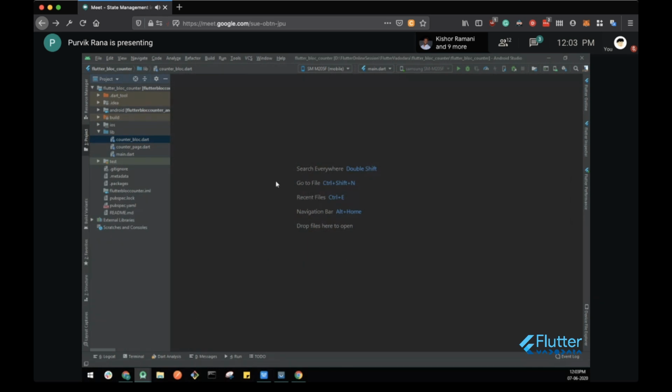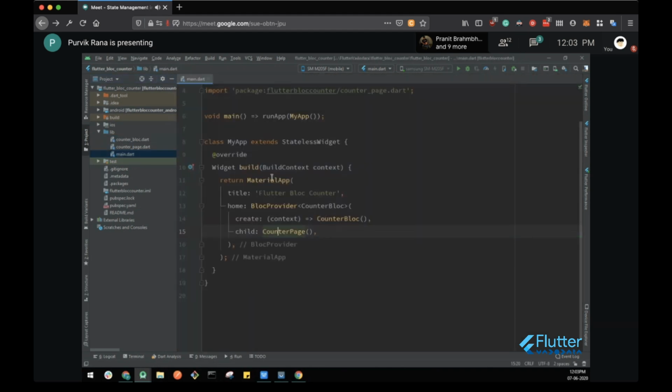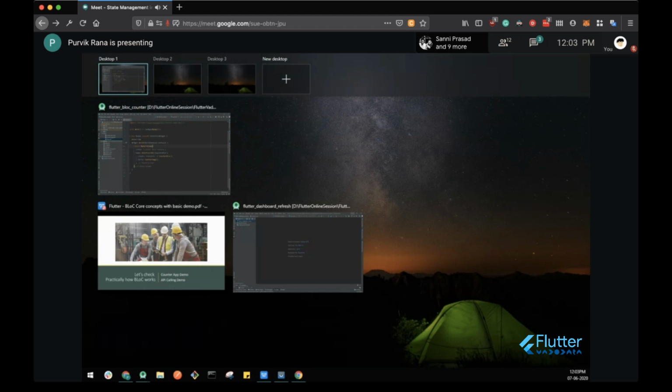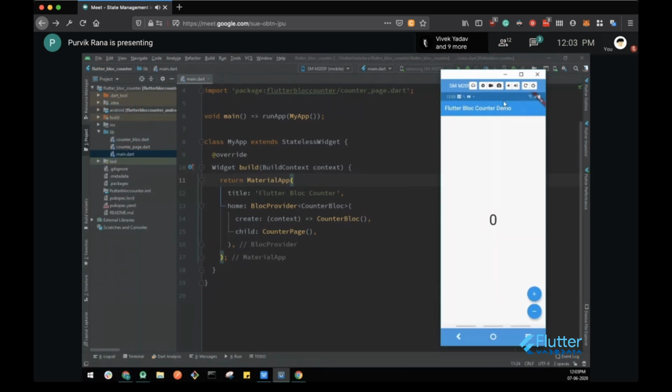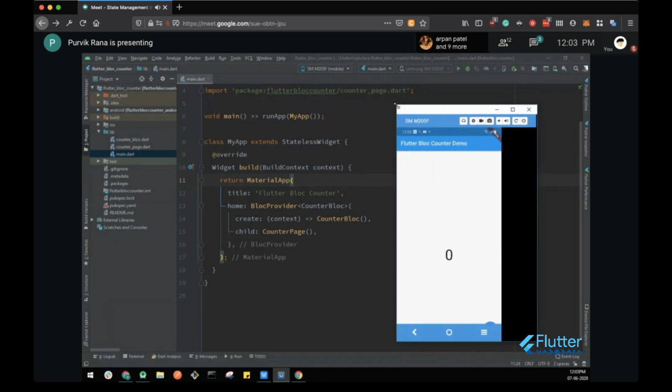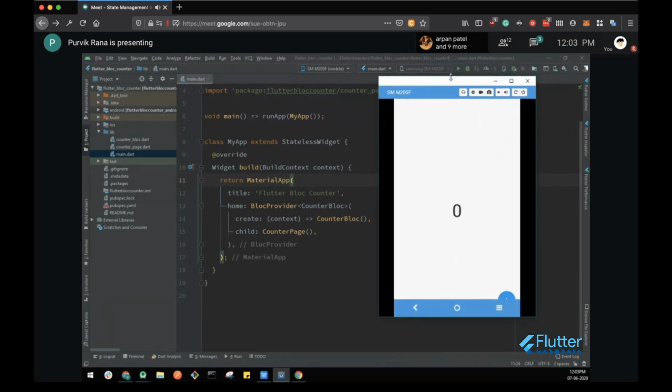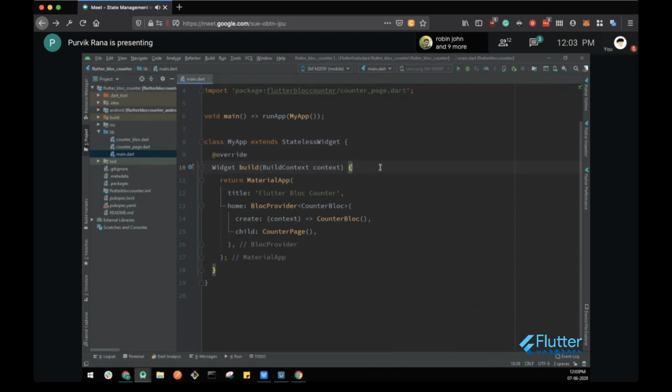So this is a simple application that we have whenever we are creating a new Flutter application, and we have that counter application demo. So it's kind of the same thing. Let me just share this to this desktop. So yeah, I'm running it on the device right now. So let's understand the structure first, then we will see the running demo.